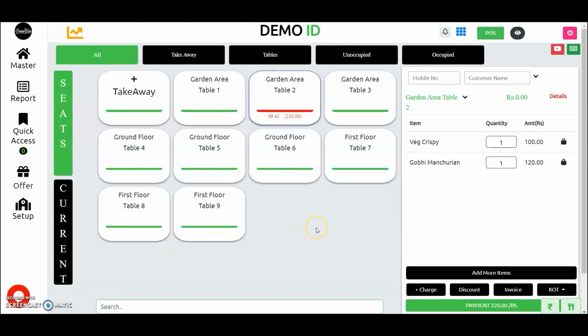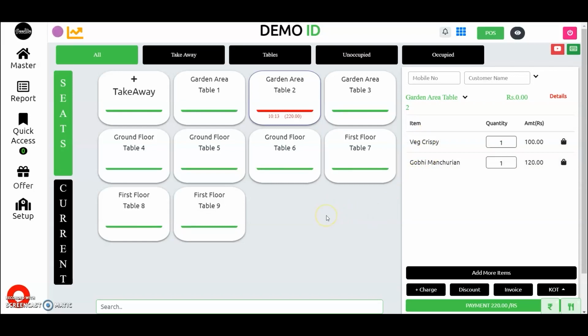Order to chef can be given through two sources. Either you can place the printer, so whenever you click on send to chef, chef will get a printout of order. Or else give chef a mobile phone and install our Foodoo team app, there the orders will be displayed in their phone itself. So these are basically the two modes. Now I have kept in mobile mode, means orders will be displayed to chef in mobile phone.